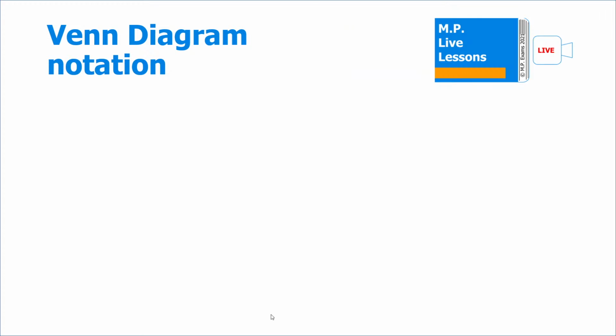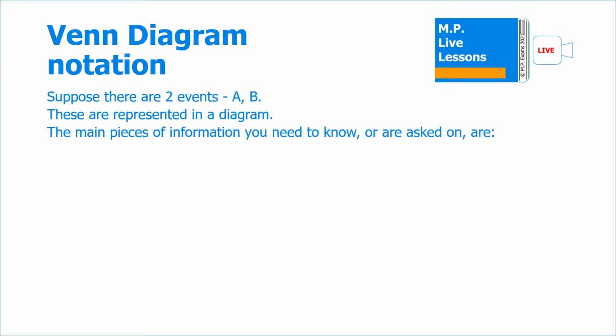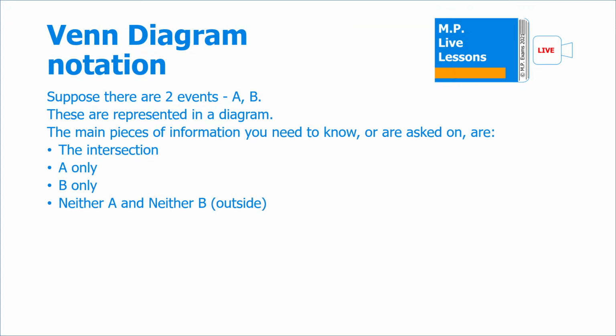So suppose we have two events, A and B, and these are represented in a diagram. The main pieces of information you need to know or are asked on are usually the intersection, A only, B only, neither A and neither B. The intersection would be like the and. That would be both events. And if you want to write this,